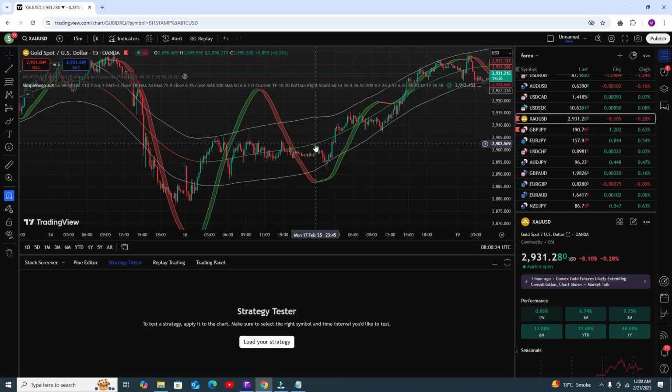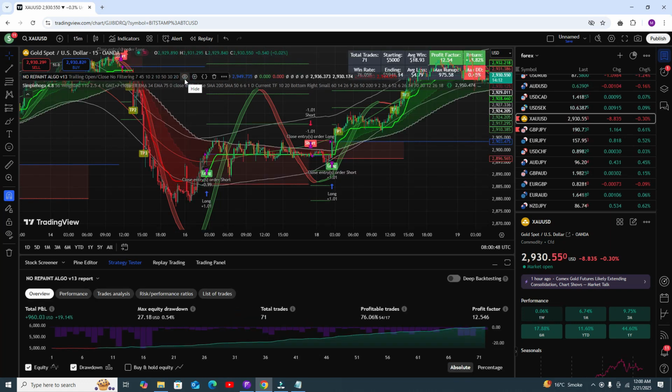When you get the signal below the middle line, you do not need to open your sell position. You need to go only for the buy position when the candle is below the middle line, and you need to go for the sell position when you get the signal above the middle line. That is a very simple strategy. Okay, hopefully you will understand the whole strategy now. It's very simple, not a difficult one.